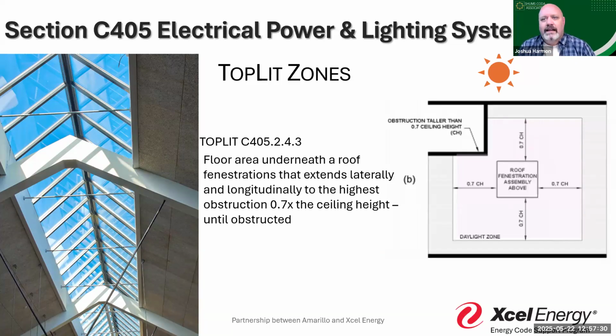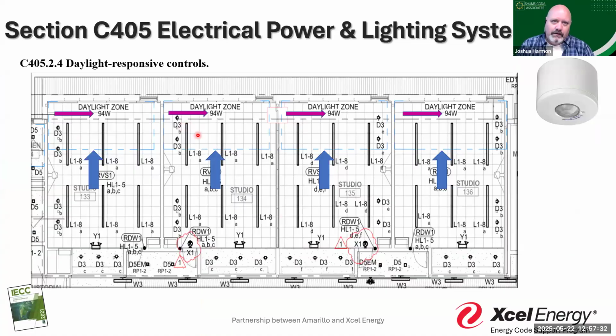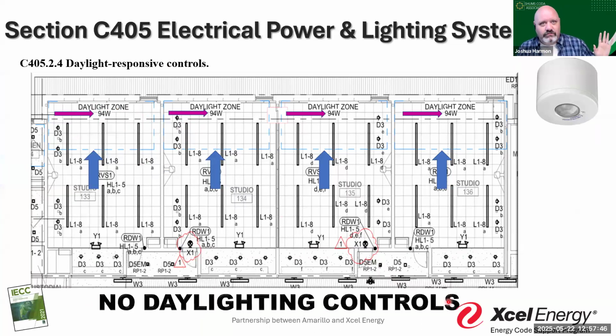Right? We see that again in another orientation. What I don't see a lot of is this kind of a diagram, right? I like it when I read a note that says, hey, we've calculated, here's my daylight zone. We have one, but the lighting inside it does not meet 150. So I'm exempt from daylight zones and daylight controls. I don't have enough lights in there, so I don't need to do it. Beautiful, beautiful. I love it, right? I also will get it once in a while. It says,